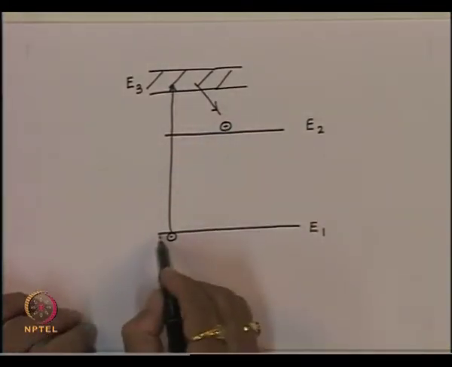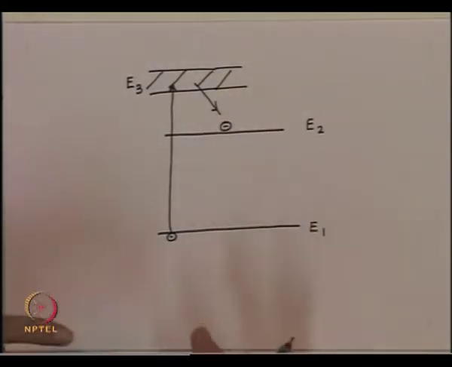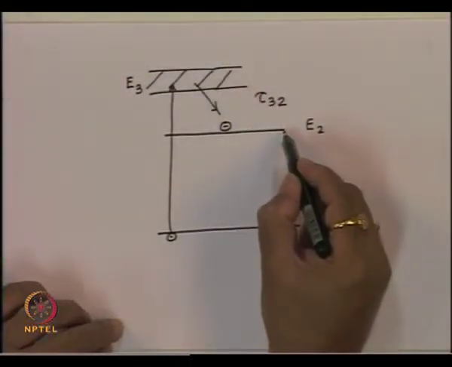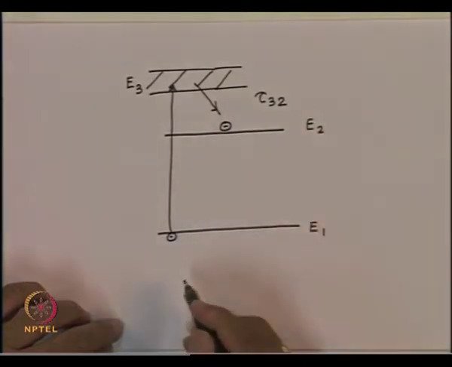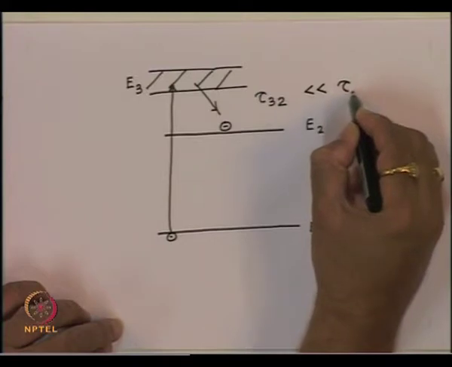So, if I say the energy levels 1, 2, 3, they have different spontaneous time constants associated with them. So, let us say this time constant is tau 3,2. That means the relaxation time from level 3 to level 2. And if this time constant is much smaller compared to the time constant corresponding to energy levels 2 and 1. So, if it is much smaller compared to tau 2,1,